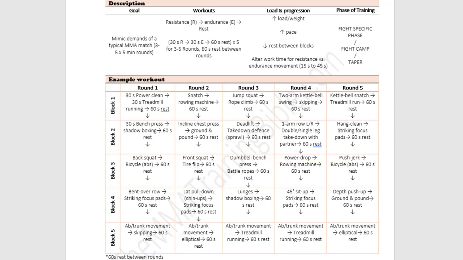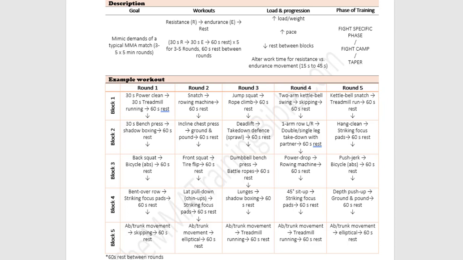And so, of course, there's a few ways that you can increase the difficulty in this workout. One, it's by reducing the rest between blocks. Here, we're using 60 seconds rest, but as you get fitter, as you want more of a challenge, you'll reduce the rest from 60 seconds to 45 seconds, to 30 seconds, to 15 seconds, to ultimately no rest at all between the blocks. Now, the next way to increase the difficulty, if you want to, is to increase the number of rounds that you're completing. Anything from 2 to 5 is reasonable, but it really depends upon how fit you are. You want to start on the lower side.